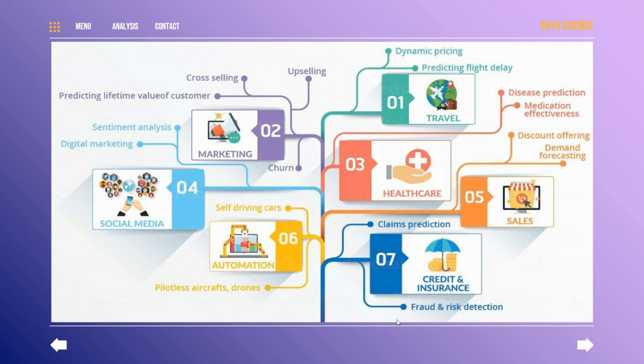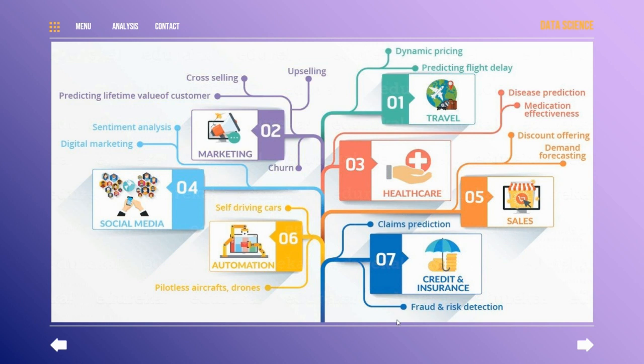Next, healthcare. This is a major subfield of data science, because here we are using disease prediction, the types of drugs we have used, and what the doses are. Based on the data we have until now, we can create a new type of drug that cures the diseases. That is medication effectiveness. Next, social media. Social media like Facebook, YouTube, etc. so many social media fields use data science.